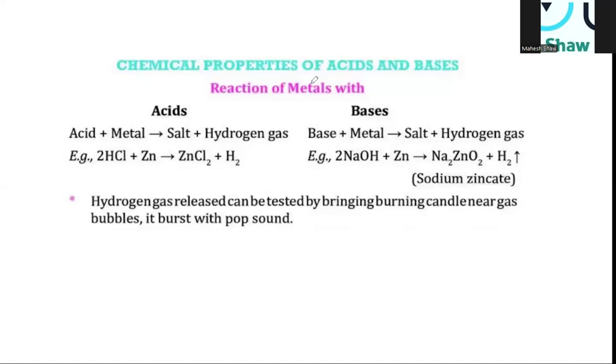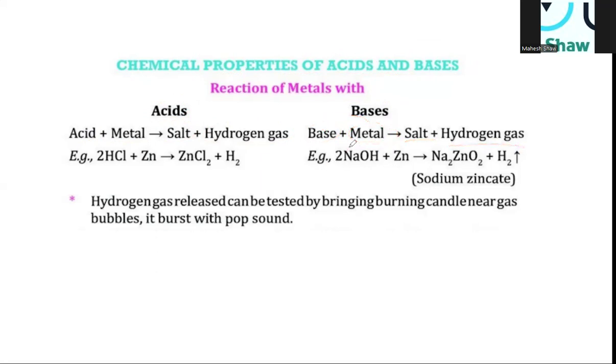In this video, we will understand the chemical properties of acids and bases. Now, the first is reaction of metal with acids and with base. What you should know is the general reaction that acids react with metal to give salt and hydrogen gas. Well, it is true for base as well. That is, base also reacts with metals, or we can say metals react with base to give salt and hydrogen